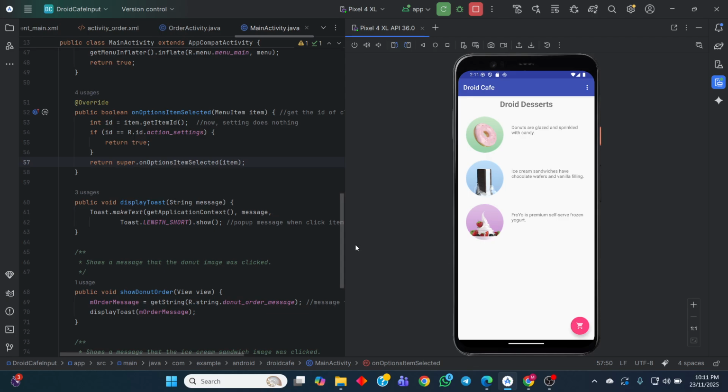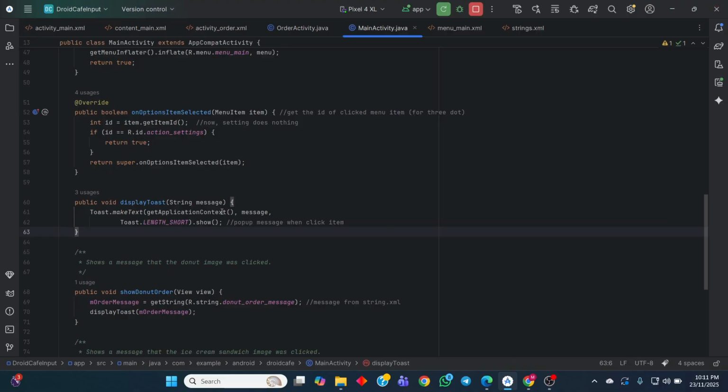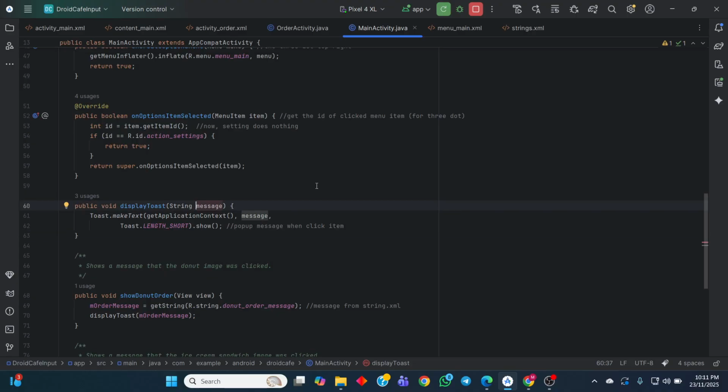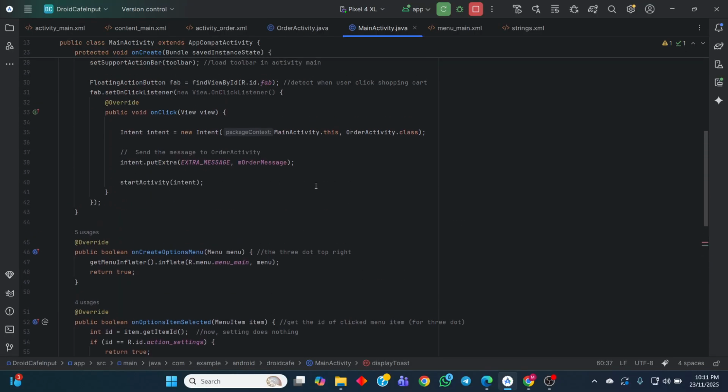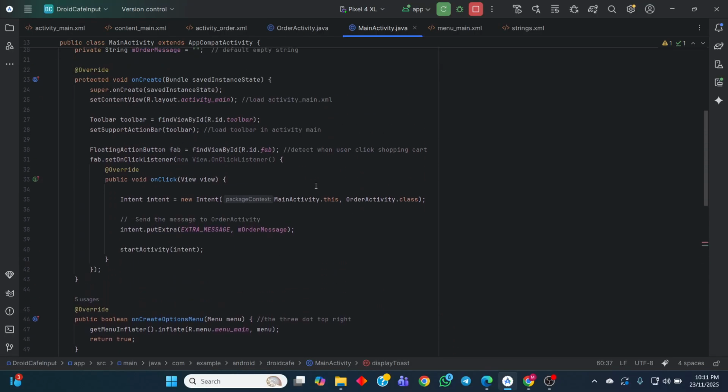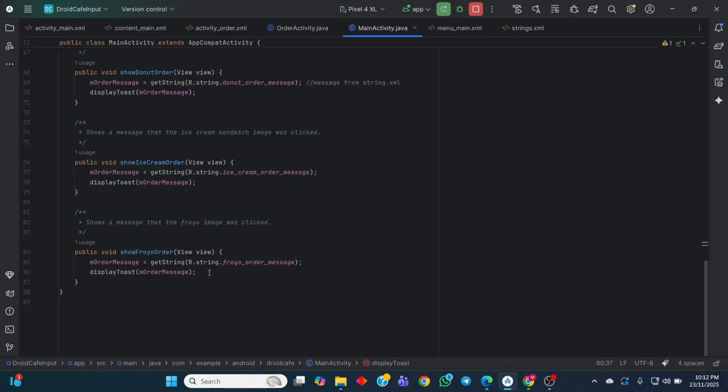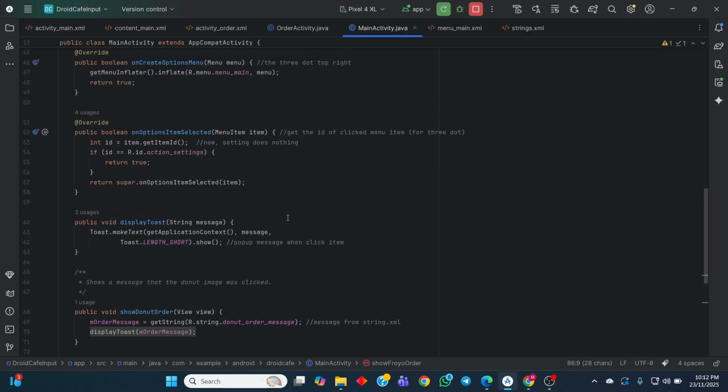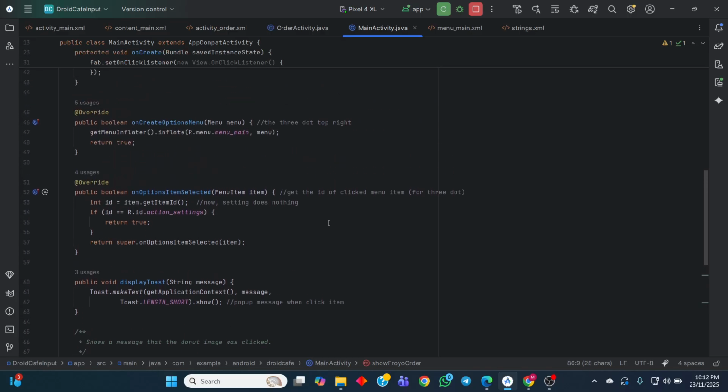The message that we get is from, as you can see, the parameter, which is the string message. So for each item the user clicks, this display toast method will be operated so that whenever the user clicks an item, the pop-up message will be displayed to the user.